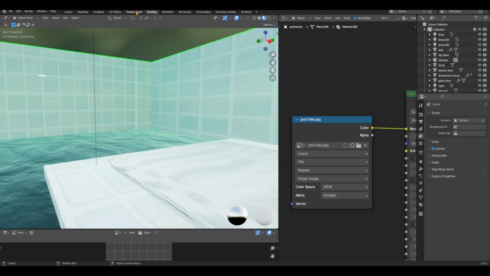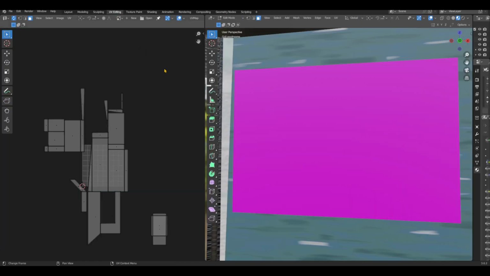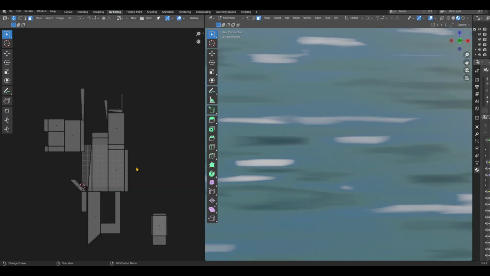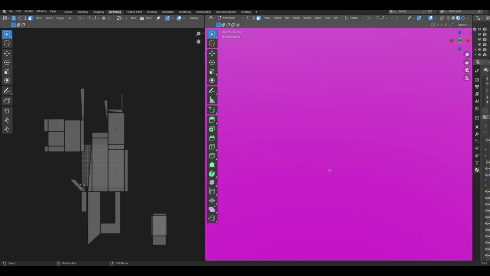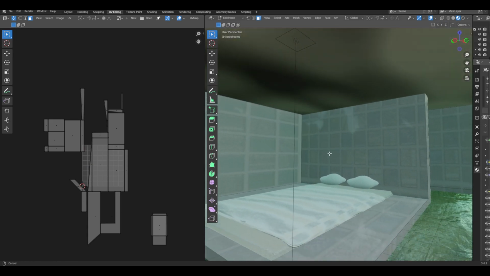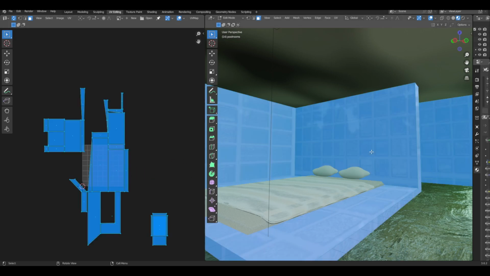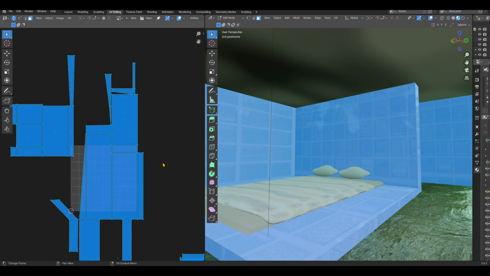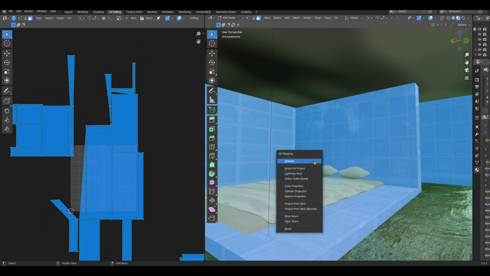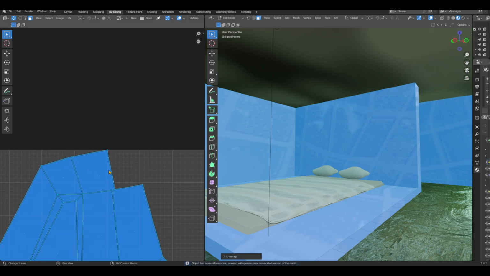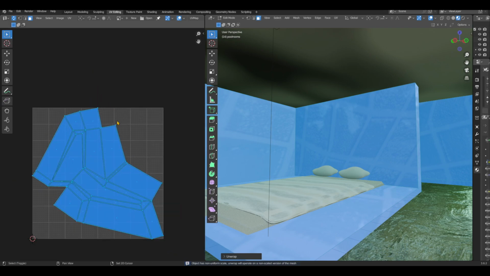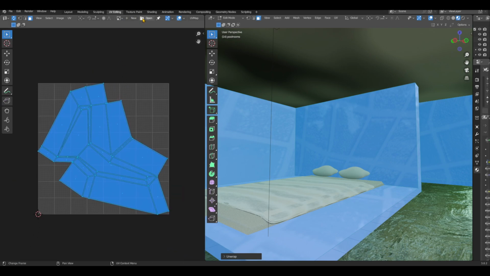But, so to get rid of these big tiles, what we want to do is go to UV editing, and this is the entire house right here. So, I don't want to get the entire house. I just want the quote unquote pool rooms. So, what I want to do is, oh, that is the full thing. Did I unwrap this? Oh no, I didn't. I'm so sorry, y'all. There we go. That's better. So now that we have that unwrapped, we can